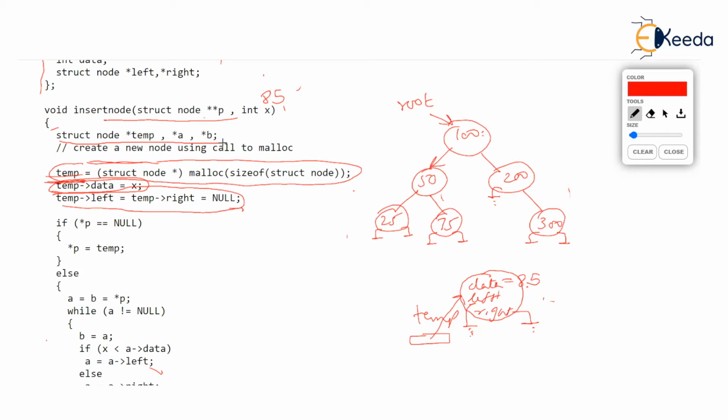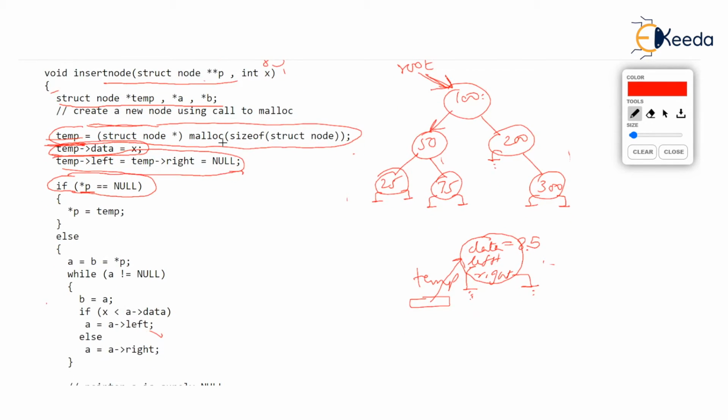Now the next condition is, first, sorry again, if root equal to null. Is root null? Because asterisk p is same as root, isn't it? And root is not null because root is pointing to 100. So we know that the node that we have created is not the very first node. The node we have created is some consecutive node which should be added at some level of the tree, isn't it? So we are in the else. Check that. We push ourselves in the else portion now. All the best, all the best. You are heading towards something really very interesting.